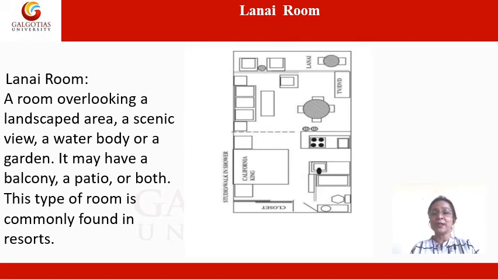So let's see what is next, because we have already completed so many different kinds of room layouts. Now we have the amenities and supplies. We must understand what amenities and supplies are placed in all the rooms we have discussed, from single, double, suite, executive, quad room, and this lanai room. So now let's understand what amenities and supplies are all about.